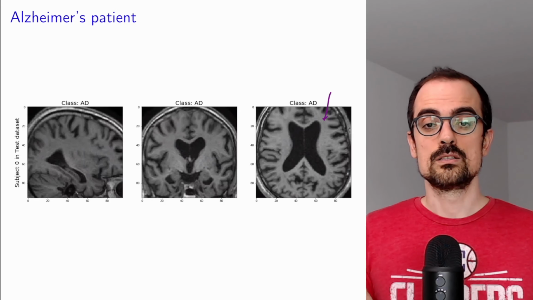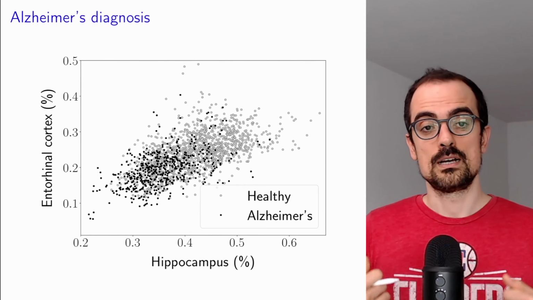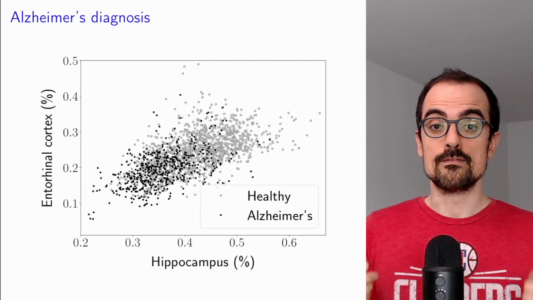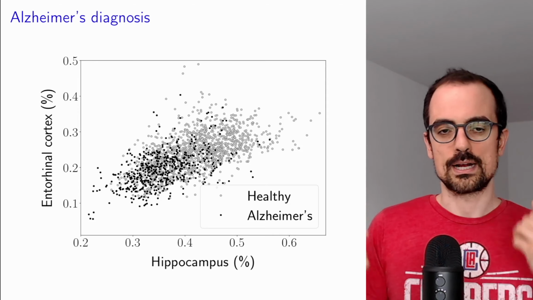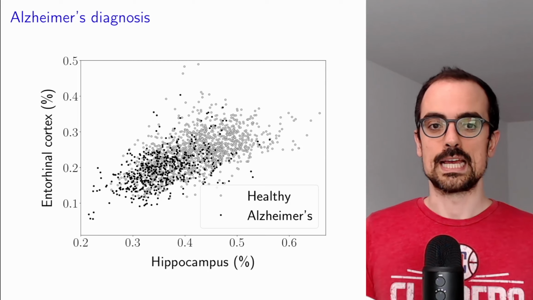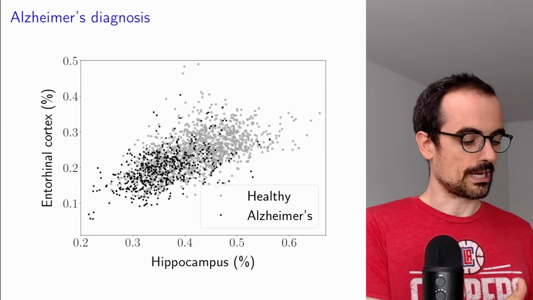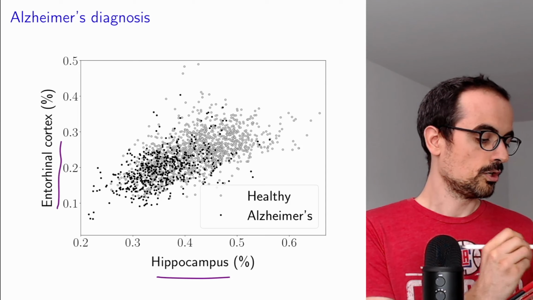Because of that, a reasonable feature to use to try to classify between Alzheimer's and healthy from this data is the volume of different brain regions that must be normalized to take into account the size of the head. Here we're just going to use two volumes, the hippocampus and the entorhinal cortex, which are two brain regions commonly